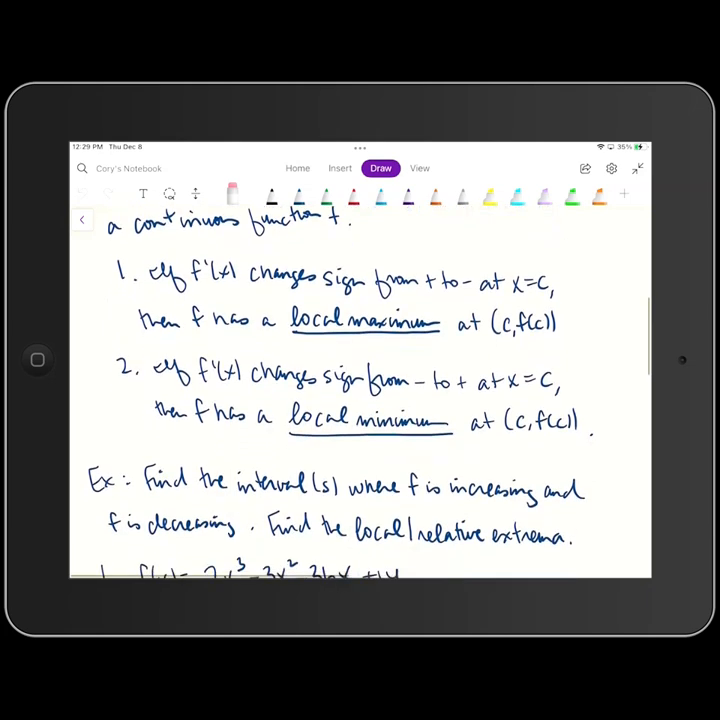Okay, second statement is if f prime of x changes sign from negative to positive at x is equal to c. So if f prime